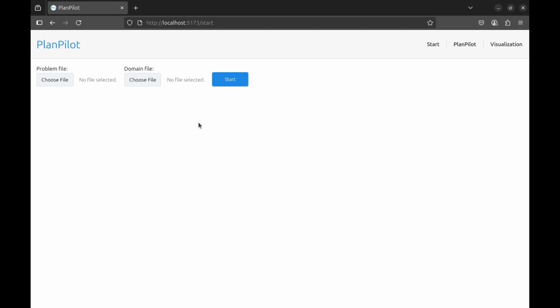Welcome to this demo of PlanPilot, an interactive tool for navigating large plan spaces in AI planning tasks. We will demonstrate our approach using the classic blocks world domain. PlanPilot is based on answer set programming and an encoding of planning, which is parameterized by a horizon, a bound on the maximal plan length. We begin on the start page, where we input two PDDL files, the domain and the problem